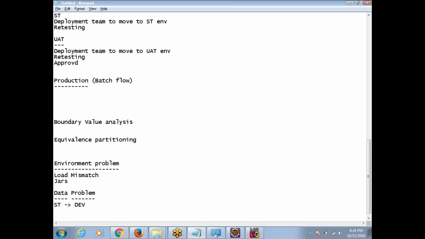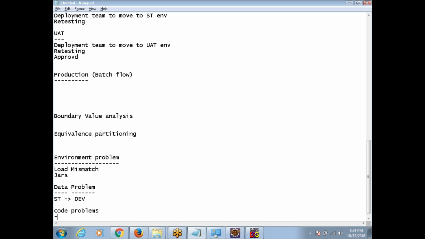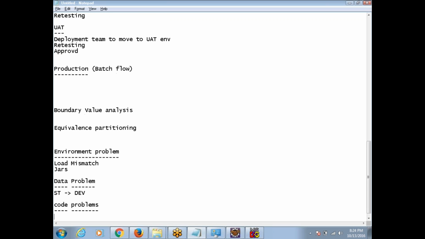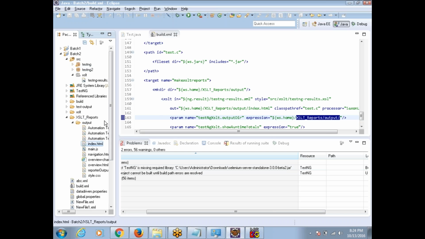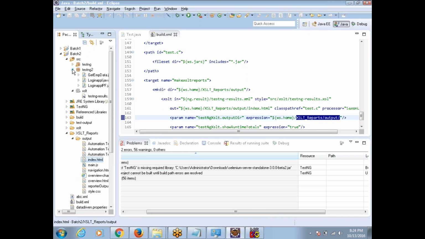The final one is real code problems. Sometimes the code looks perfect, but the logic may not be working as per the request. Then they have to do a thorough debug and find the problem. By that time, comments are helpful. That's the reason most of the times when I write